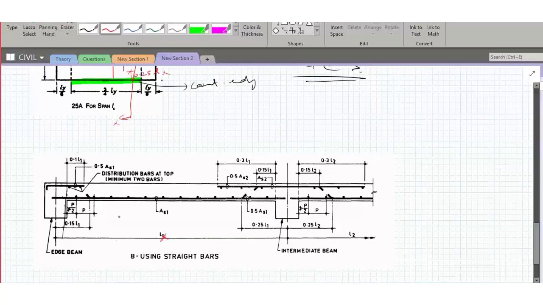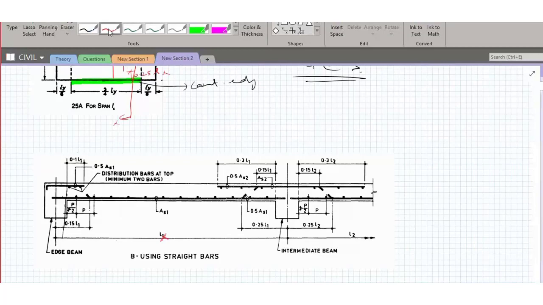So let us see how exactly those bars have been placed. Here you see this is one of the bars. Let me use green color. This is the bar which you have placed like this, and where you are stopping, you see, at a distance of 0.25 Lx, because this is a continuous edge. The slab is continuing. Next bar is this one.